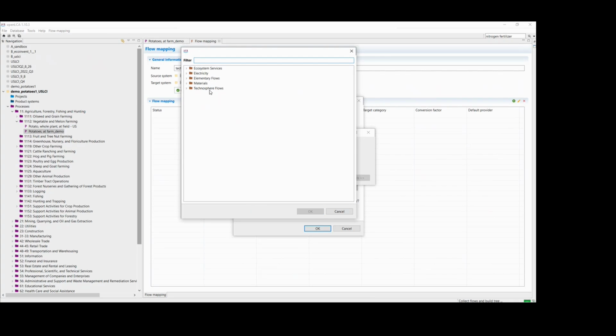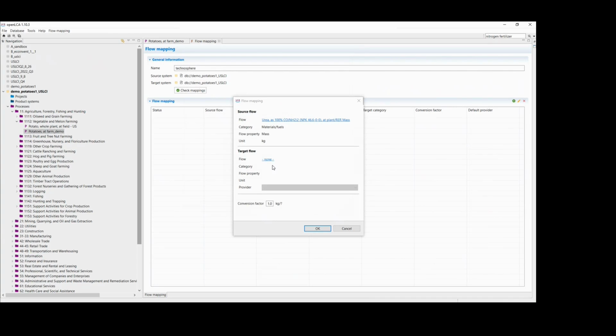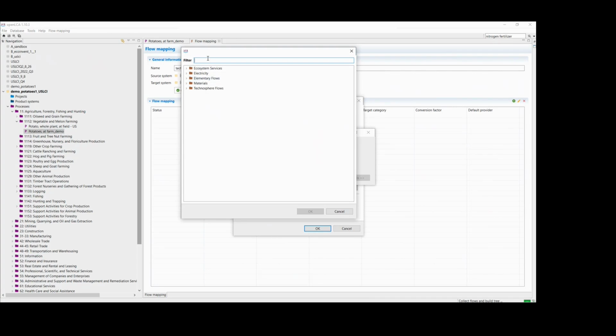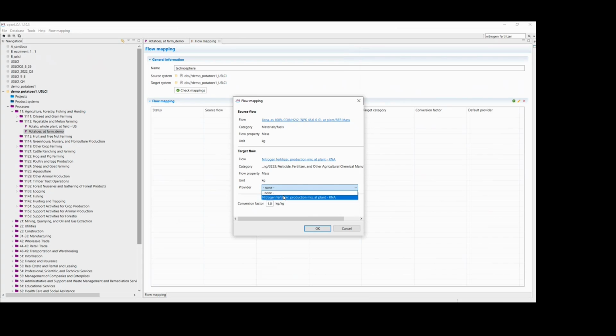So I will go in and find our first Technosphere flow. I'll start with urea for right now. Our target flow, I know that there's a nitrogen fertilizer mix that we could use as a good surrogate. Just choose the provider, conversion's the same.